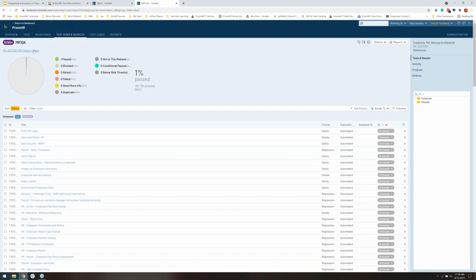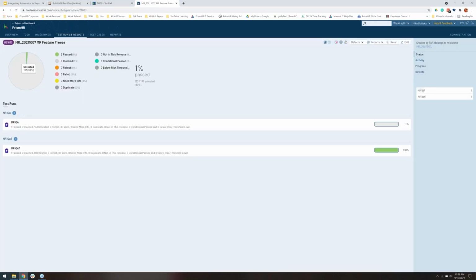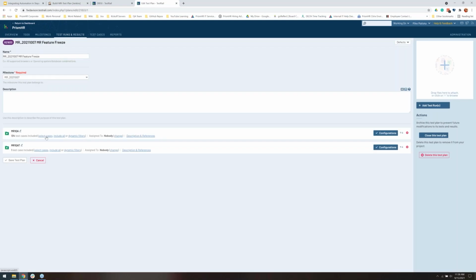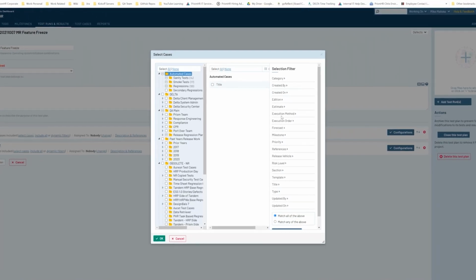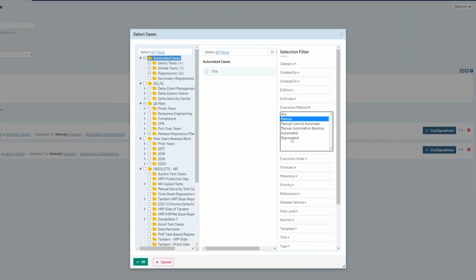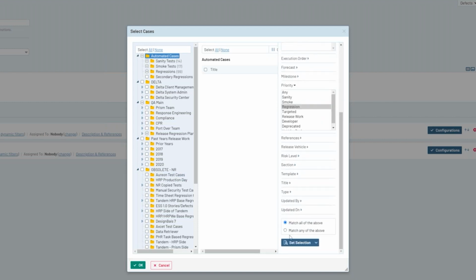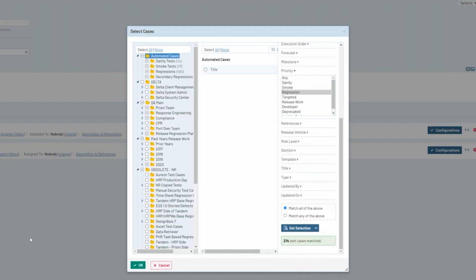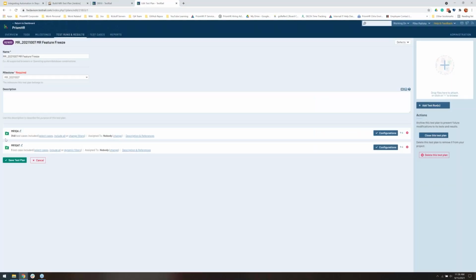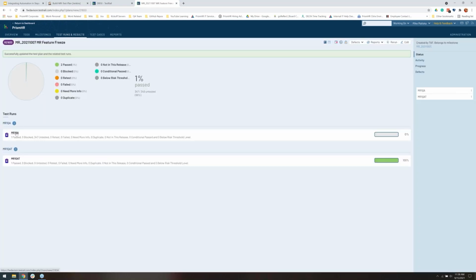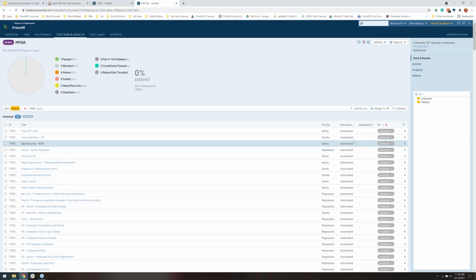They can then come in here, and this is often what really happens, is they come in here and they edit this plan, and now they can come in here and say, you know what, I want to go add manual regression tests. And add the selected. Okay. And there you can see it just jumped up. And now when I go in here, I have not only my automated,